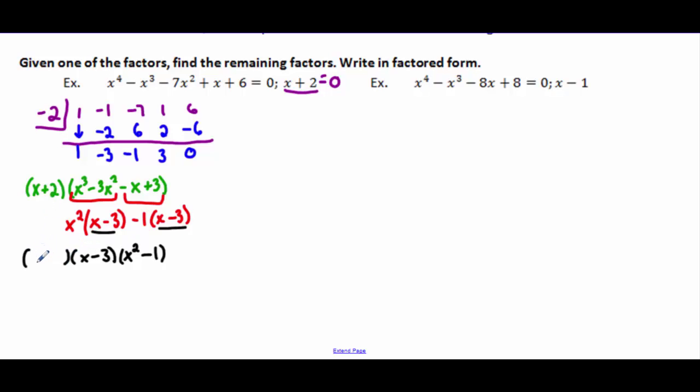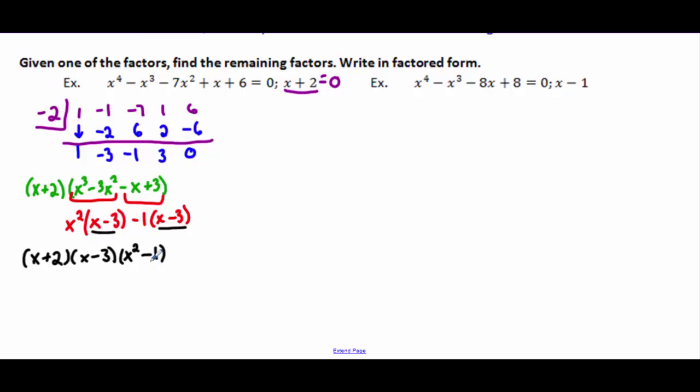And then I'm going to drop this parentheses down that I started with. So we just made some progress, because now we know that our original problem that we started off with, x⁴ minus x³ and so on, factors into x + 2 times x - 3 times x² - 1. But when we're doing this, we want to check and see, is x² - 1 something that I